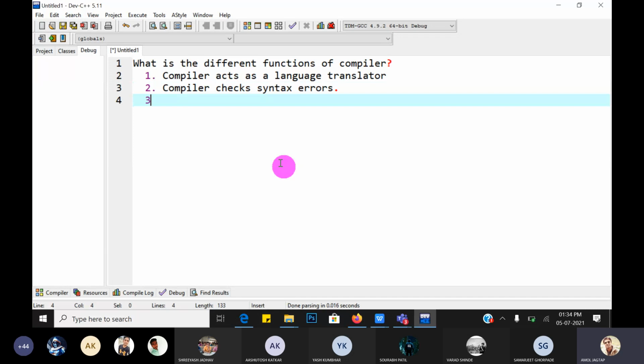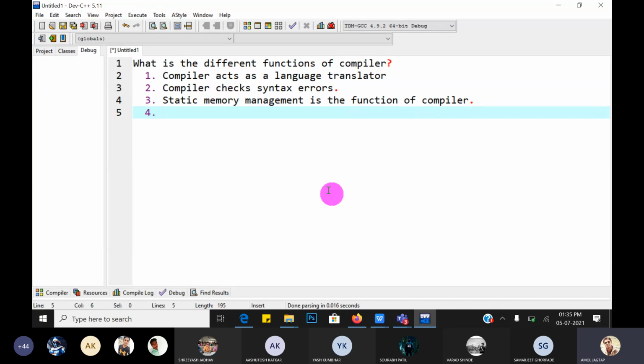Next, third, static memory management is a function of the compiler.